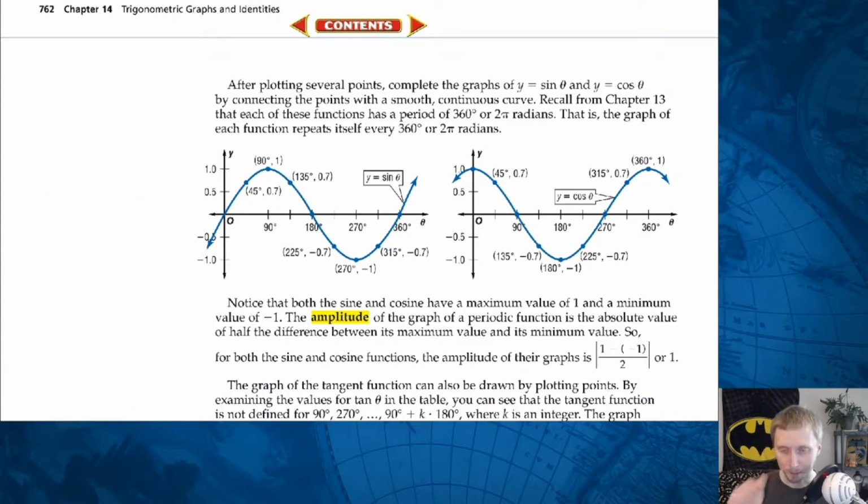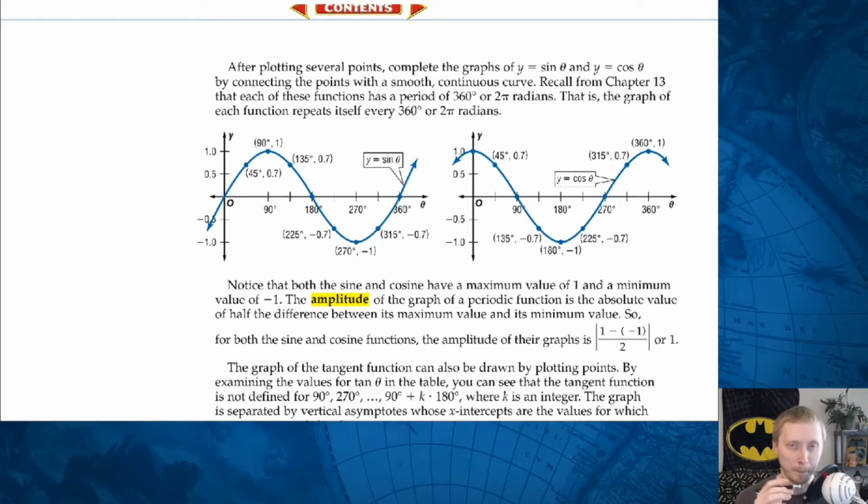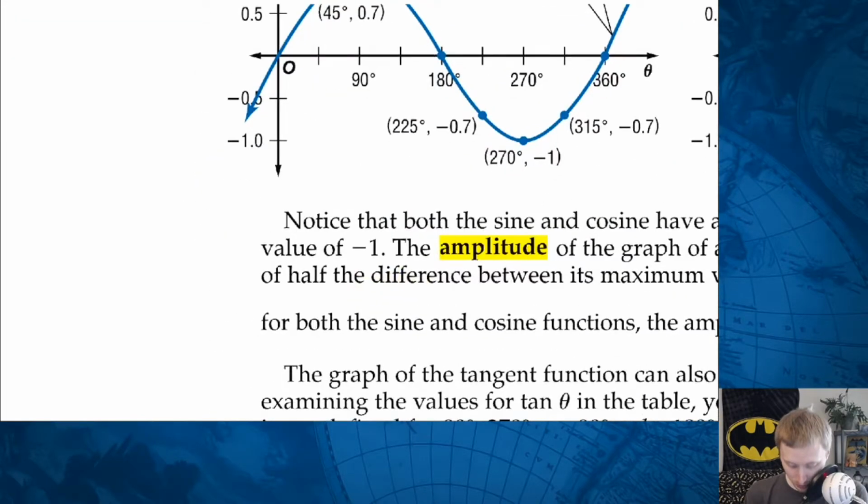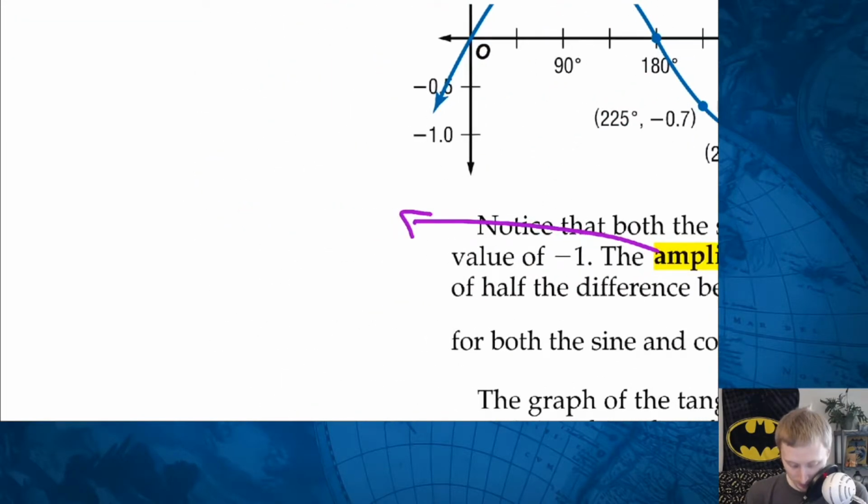Here's what you need to know. The amplitude. Says it right here. The amplitude is how tall the graph is. Sort of. It's half of how tall the graph is. It is how stretched from 0. Amplitude is the absolute value of half the difference between the maximum and minimum. If you were given a graph and you had to calculate it, that's how you do it. But I would just call this